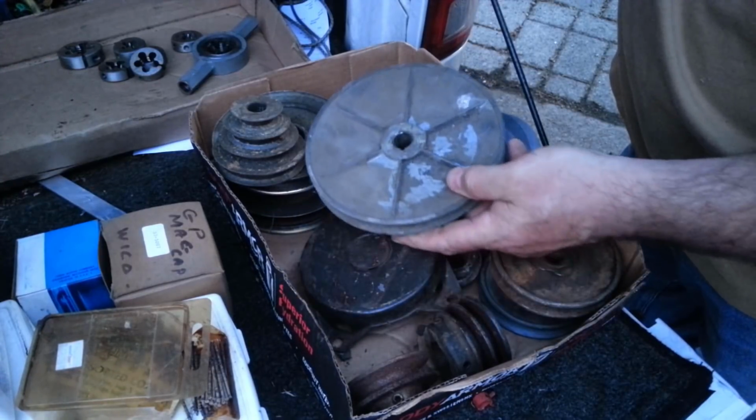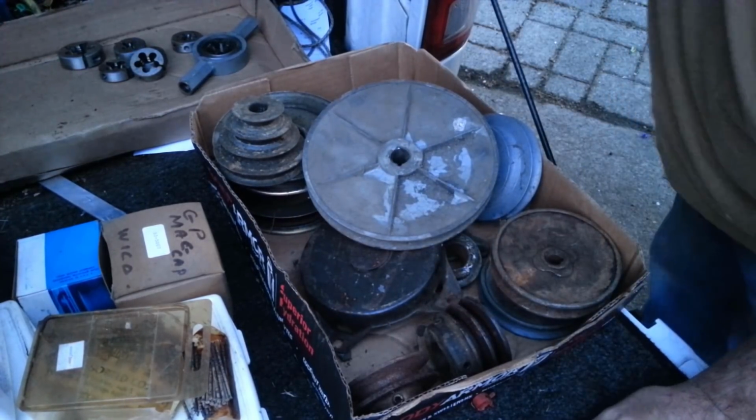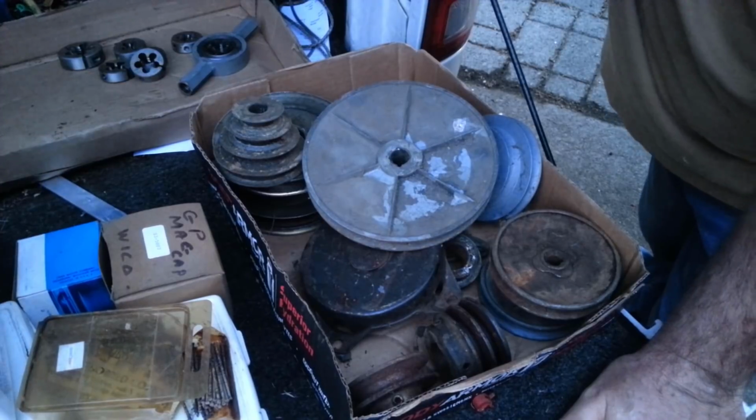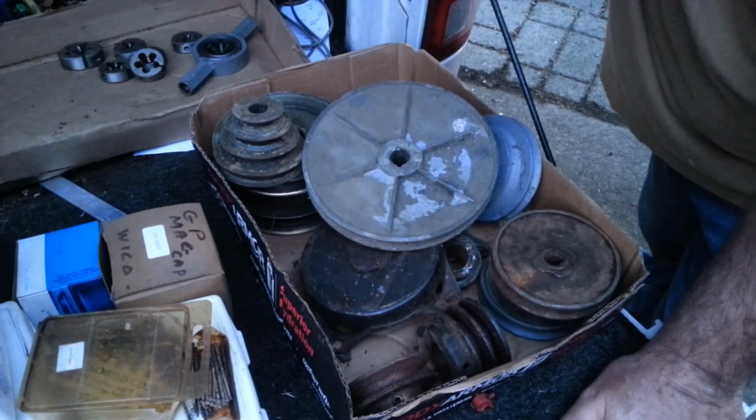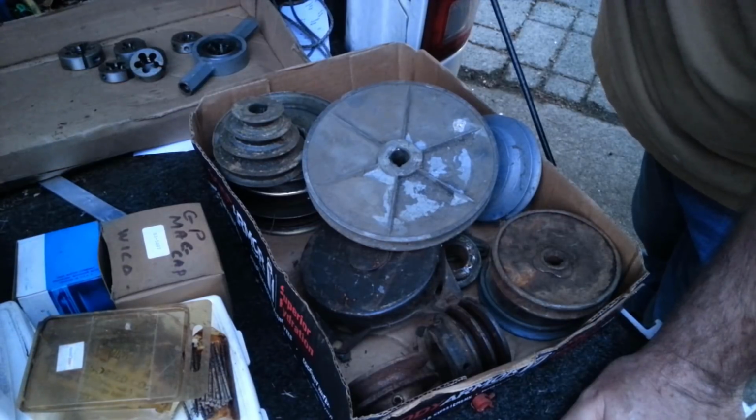The Walker Turner drill press with the power feed on the quill. That would have been a very cool drill press to add to my shop. It was the most filthy, disgusting thing I'd ever seen. And I decided before I got there that I wouldn't pay more than $200 for it. And I'm looking over the drill press, and I noticed